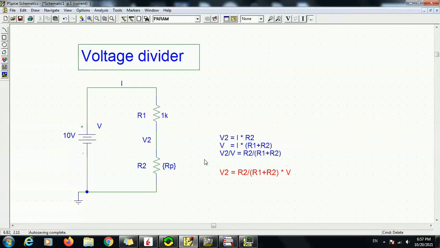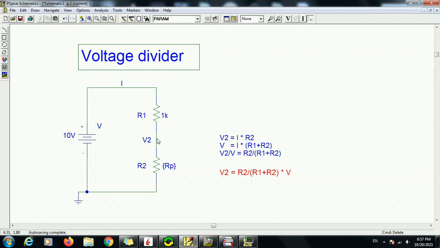Same like this one, if we put this in the equation here, then 1 divided by 1 plus 1 is 2, so it's half. So we just get half the value here of our supply voltage. That would be 5 volts. So we start from 5 volts and then we go upwards to